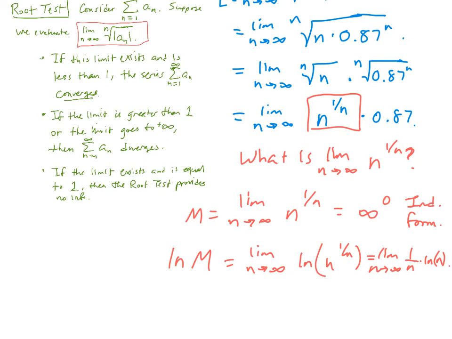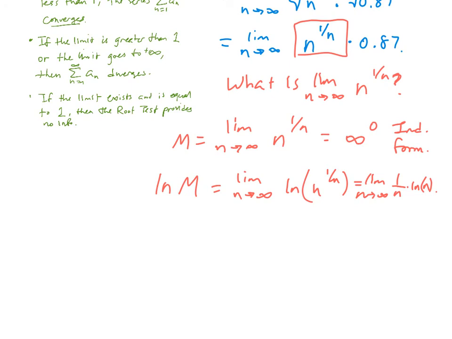All right, because I'm using properties of logs to move this exponent out as a multiple of this logarithm here. And now look at that. Now I have this in the form of a fraction. The limit as n goes to infinity of natural log of n over n. And that's a fraction. You'll notice the numerator and denominator both are going to infinity, which means now I can use L'Hopital's rule